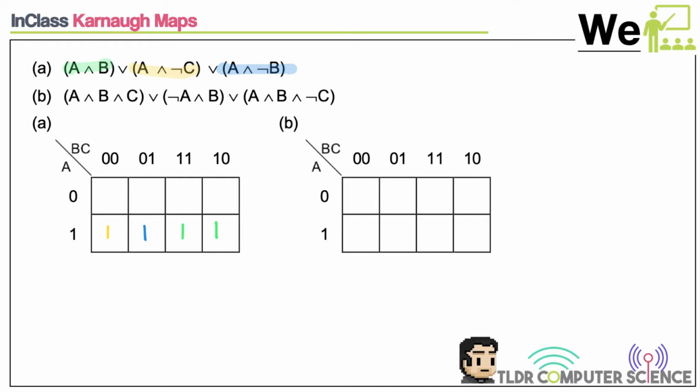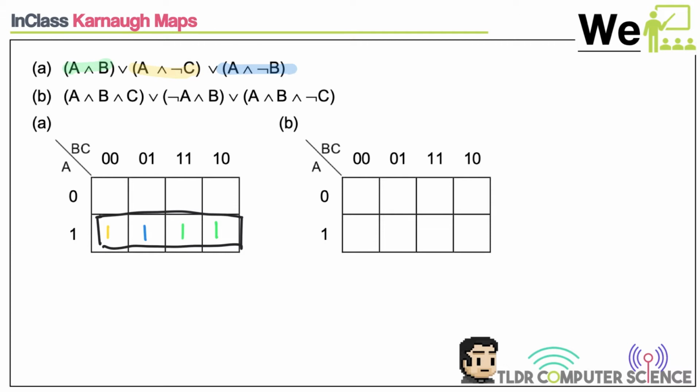And as you can see, this is going to work out nice and simply for us. We'll draw a box that's going to go over all of these ones here. All of those together, we're going to simplify. We'll look to see what stays the same. It's A is 1 across all of them. These are always changing. So the answer for this is that ultimately it will simplify to